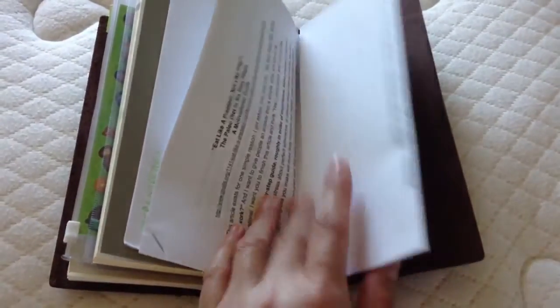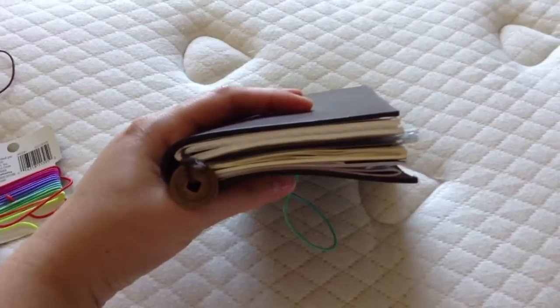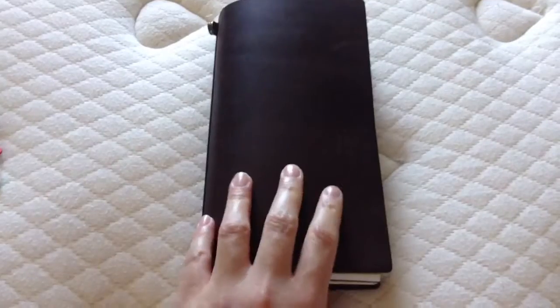Back here, I do keep some articles and some things, paleo and goals. And they fit nicely. You can fold them and they fit nicely. This is what my book is looking like. Little stuff. But I also loved, there's just something about this leather flap. The feel of it, the way that the inserts fit together, the way the elastic, there's something beautiful about this